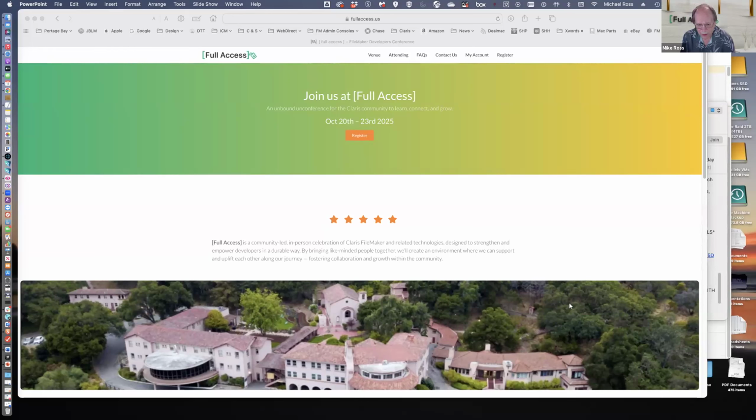And since we're near Silicon Valley, we've also opened up commuter options, and the commuter fee will also include meals. We feel that there are a lot of people in the nearby community. This retreat center is only about 7 miles away or so from Apple headquarters, but you're going to feel like you're out in the country.